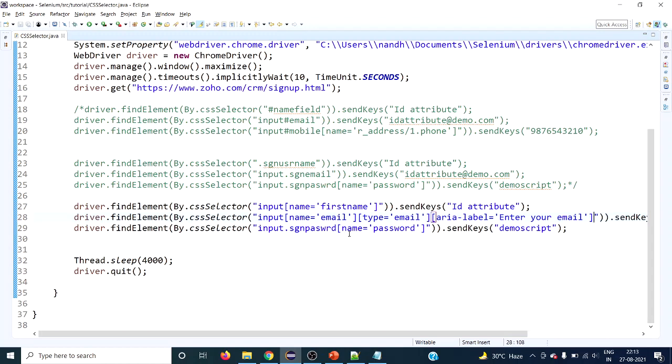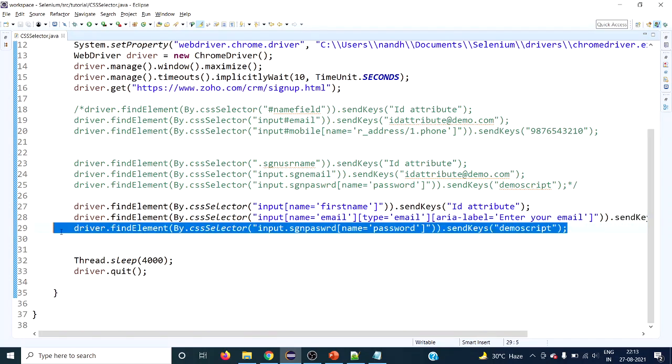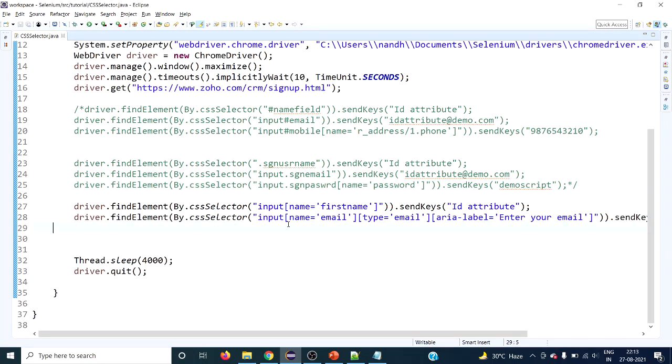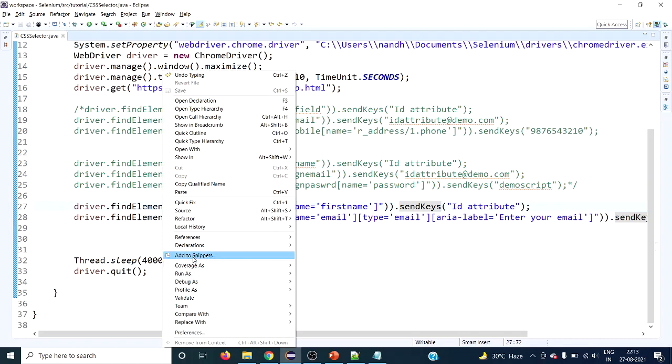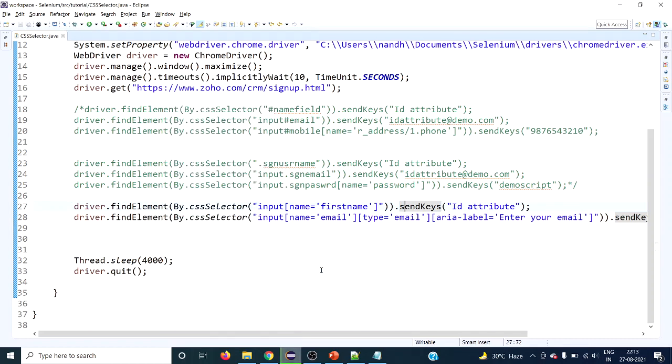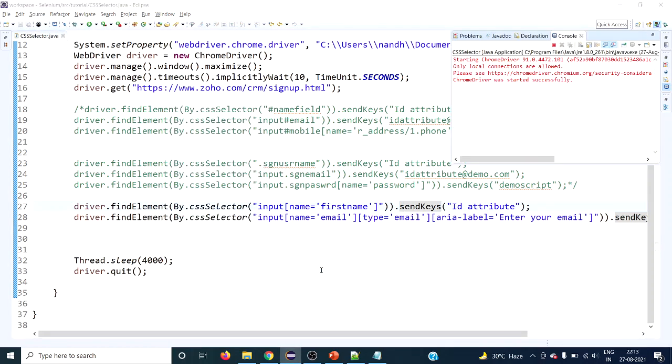These are the two different things we wanted to use, and another one we have already used with class name, so let's remove this, we don't want it, because we have the attributes we need. Let's try running this, run as Java application. These are different attributes apart from class and ID.